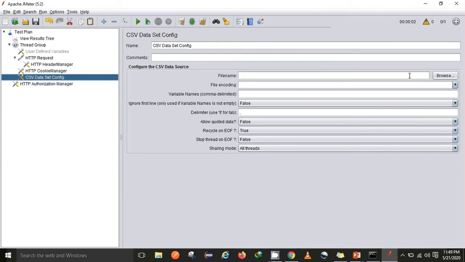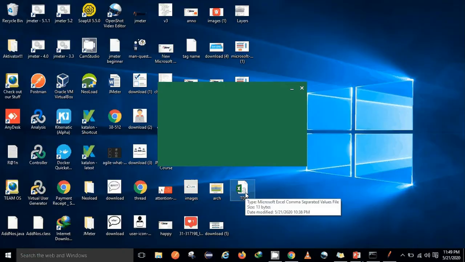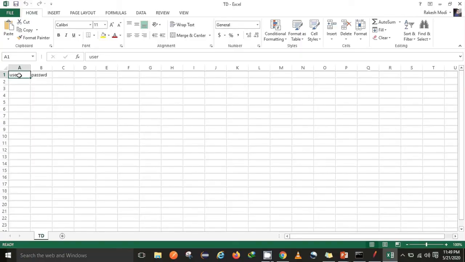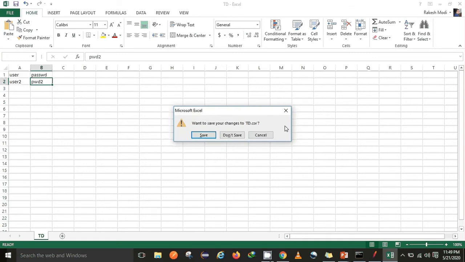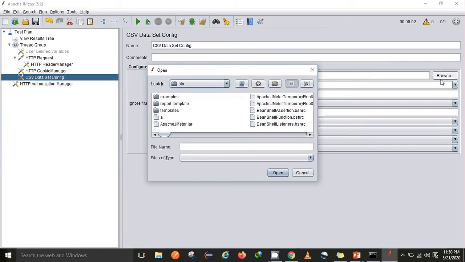So file name, so I have just created a file name as td test data. So let me show you again. It contains two username and a password. So let me add one more username and pwd2 again. Okay, yes, keep this file. Do you want to save this? Yes. So let me browse that particular file. Go to desktop, here